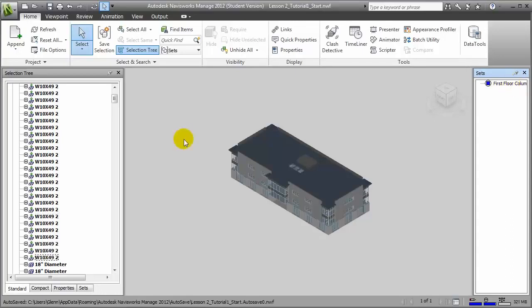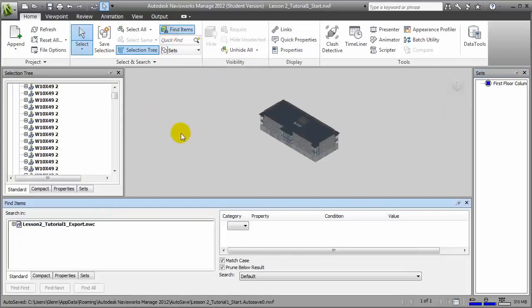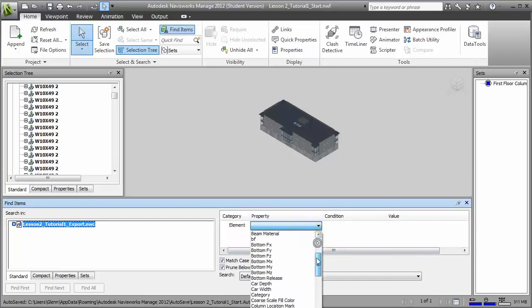Now, navigating through an entire model and creating selection sets this way by selecting individual elements can be a very cumbersome process, so there are better ways to do it. For example, a very powerful way of creating selection sets is to find items and then choose them based on their parameters. We can define a search that will look within this set of model elements and then look for specific criteria. For the element category, we can look for things that have an element name